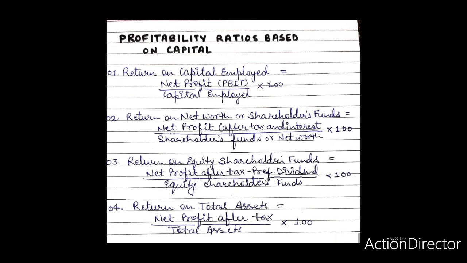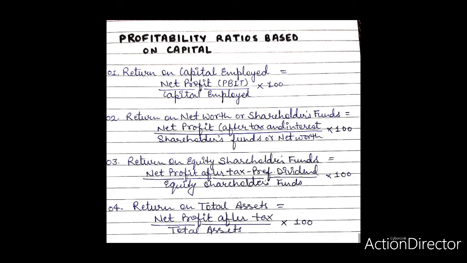In today's lecture, we will understand profitability ratios based on capital. The efficiency of an enterprise is judged by the amount of profits, but sometimes the conclusions drawn on the basis of profit to sales ratio may be misleading, as the amount of profit depends to a great extent upon the volume of investment in assets or capital employed in the business. Therefore, the state of efficiency cannot be judged by the volume of profits alone. This requires the calculation of ratios with reference to capital and assets to measure the real profitability. The important categories of such ratios are discussed as follows.